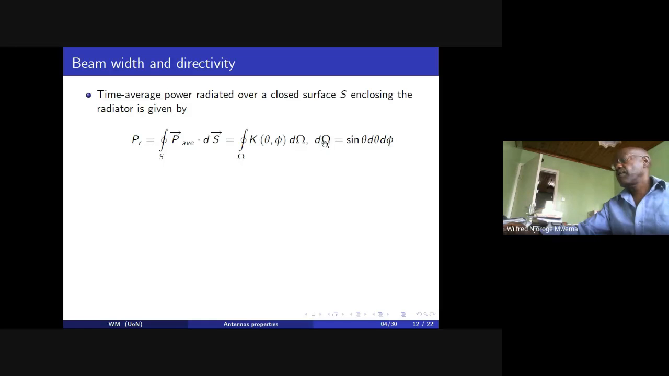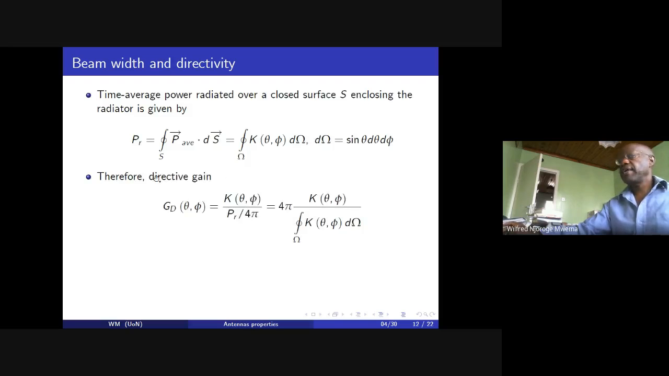And this, we see that the solid angle is just defined as sine theta multiplied by d theta and d phi, so that r squared d omega, or the element of solid angle, is the same as the dS, that is the element of surface area. And therefore, the directive gain will be given as